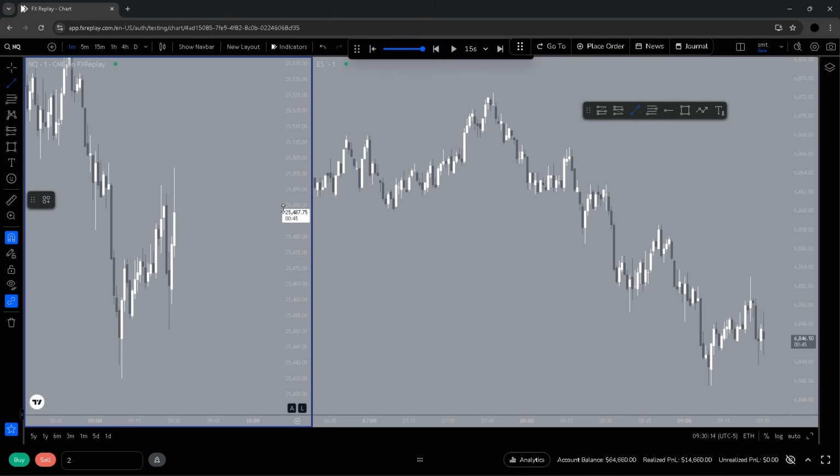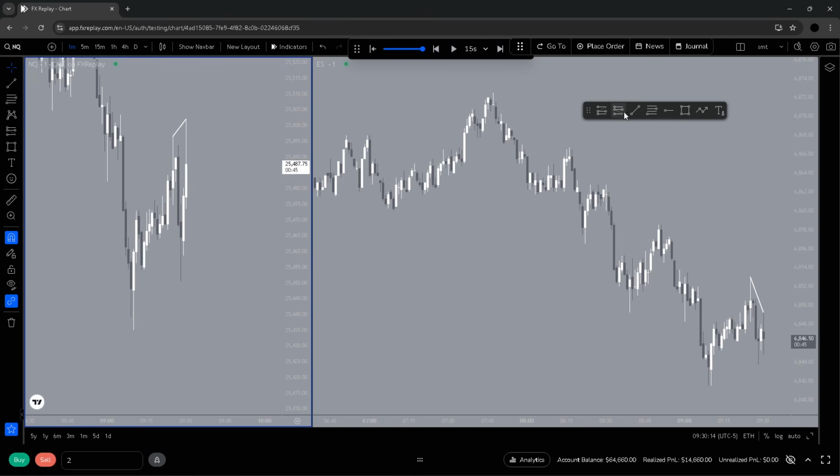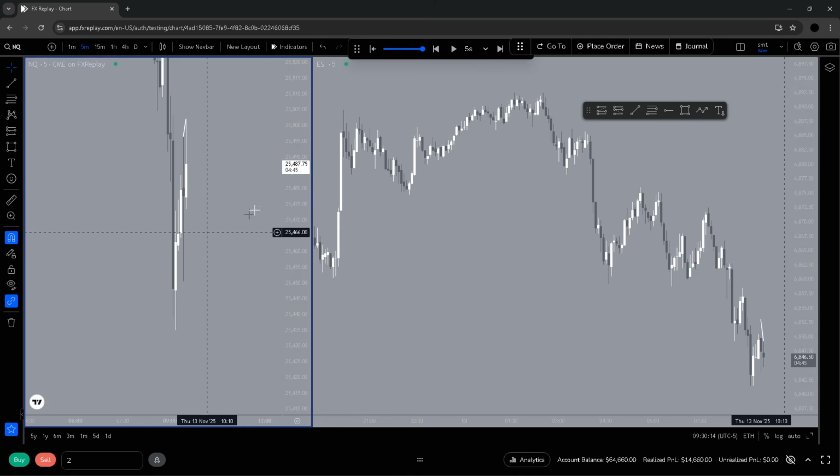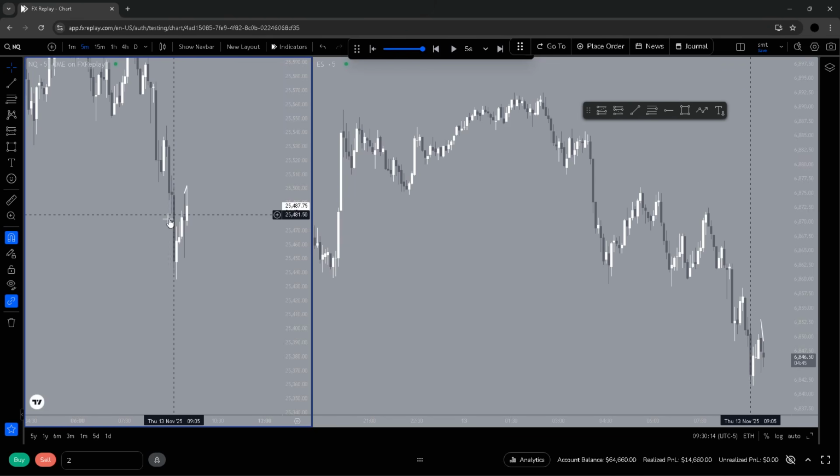9:30 manipulation, boys, I'm not gonna lie. This is some overpowered manip. When we get a 9:30 manip like this on the market open, this tells me that we're gonna rip all these lows. I'm not gonna lie to you. So I'm gonna check the higher time frame and see if I can actually get an entry on this candle. Because if the candle flips, I will take it on this current candle.